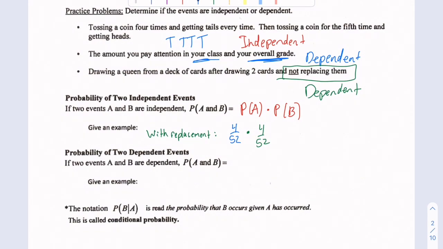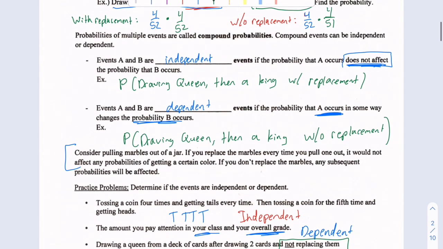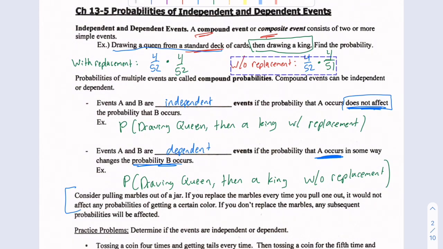If they depend on each other, here's your formula. This is the probability of A, the first thing that you do, times the probability of B happening, given, so that line there means given that A just happened. This little line here means B given A. An example, basically from the top here, is with